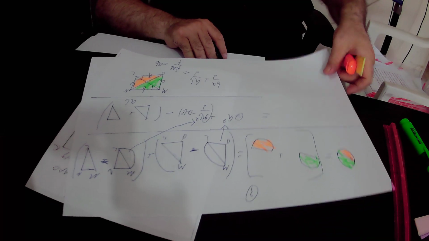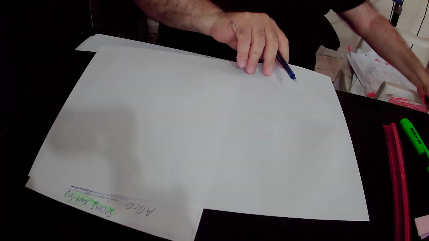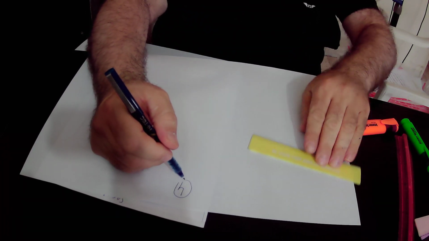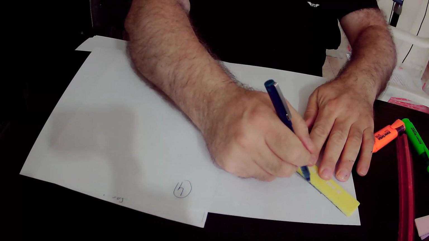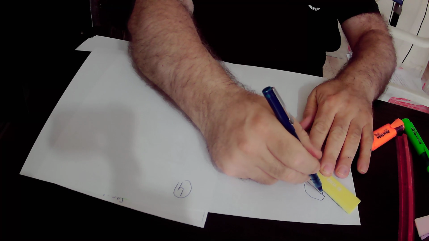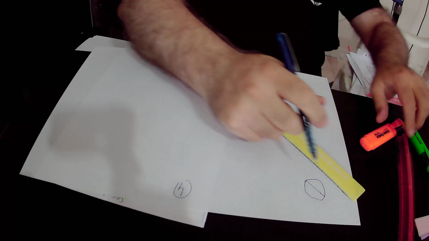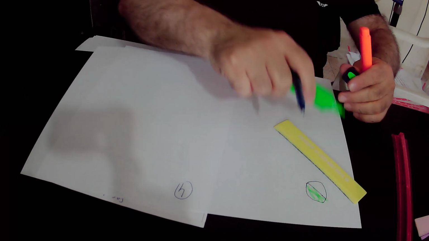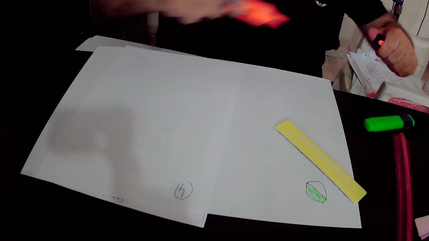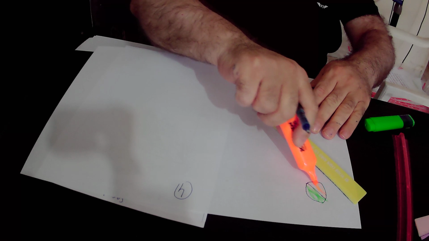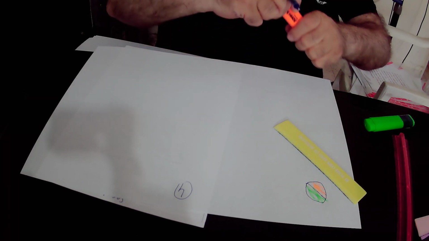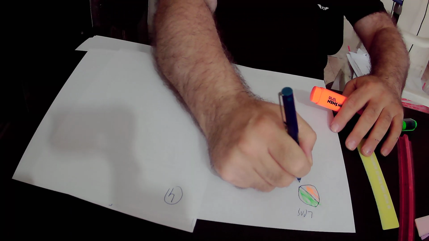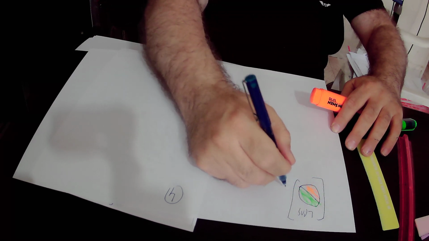So now we can write down that the area of the lune, that could be any lune, so the area of this lune, it is equal to